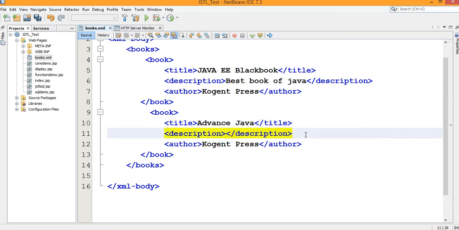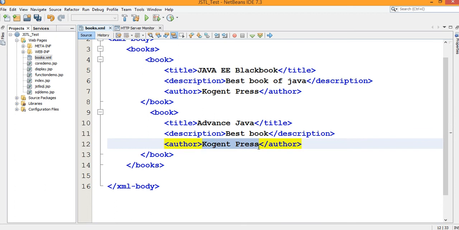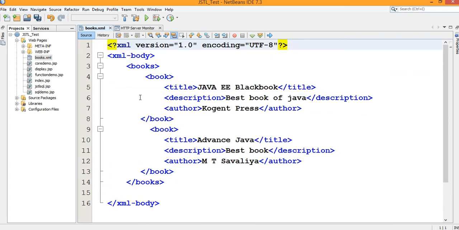Description: GTU best book, for example, anything we want, right? And I'm using MT Savalia as the author. So I use an XML body tag which consists of a books tag, and the books tag consists of a book tag, and in the book tag there are a title, description and author.